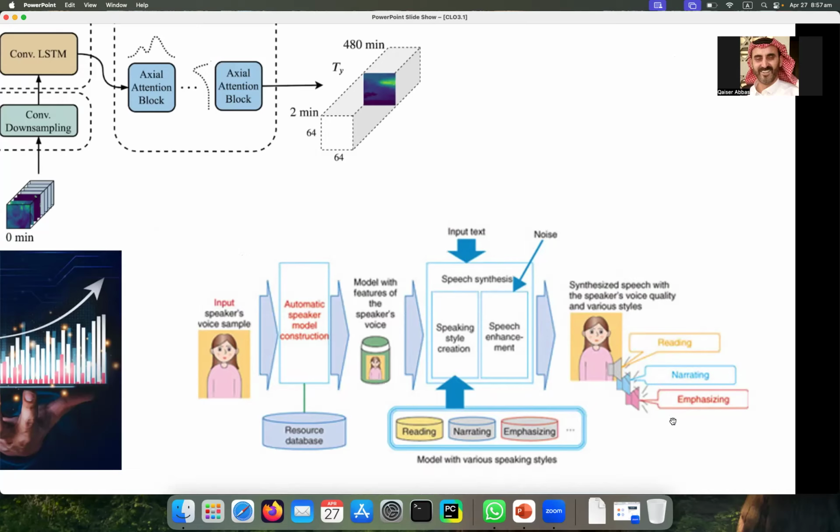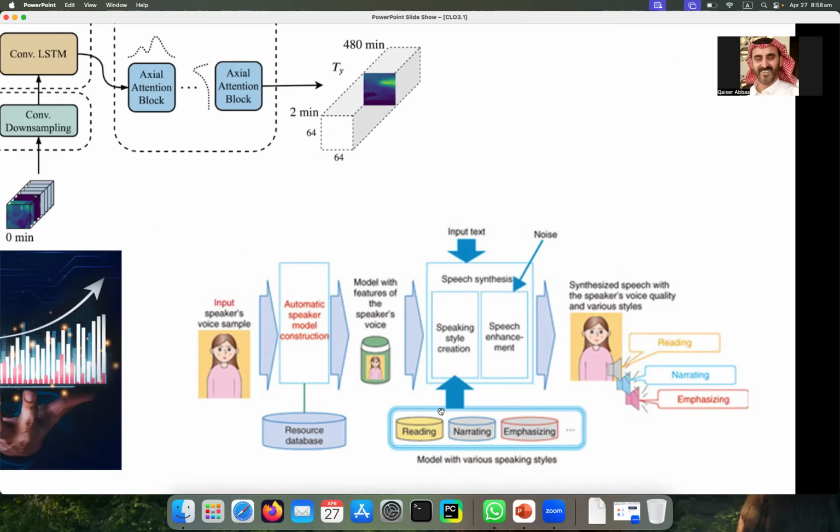Now, from this picture, what idea have you got? This is also the input to the model. This is also the input to the model. So if I have a model, I can take the voice of Skandar. I can take the voice of Abdullah or Hamza. I can take all these voices through here from this input. And now these inputs will be here. So all these are the different styles. And now I am giving some text, maybe a paragraph from here.